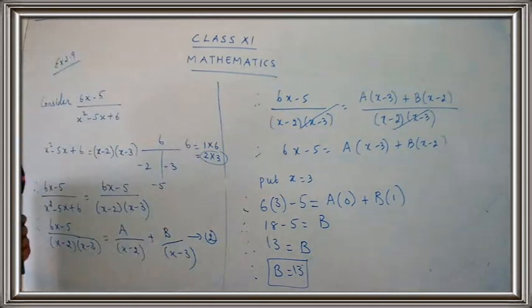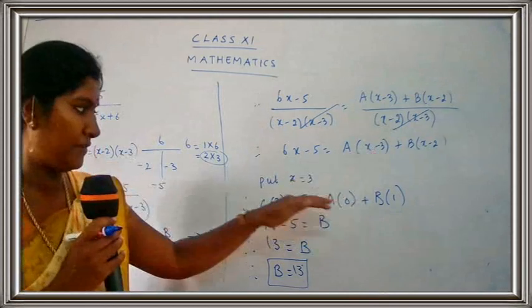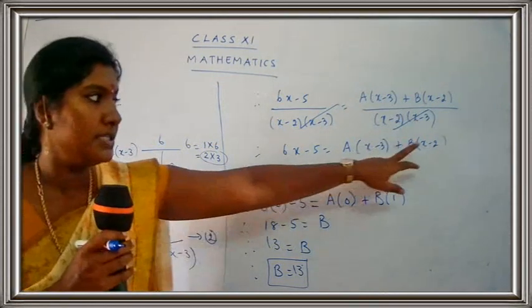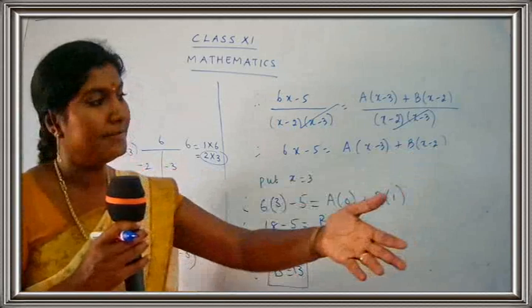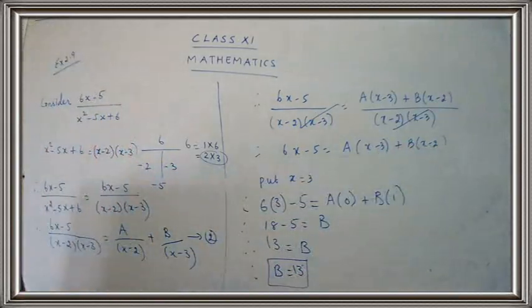Okay, now let's go for the next one. You have to take the value for X. Now what we have taken here, minus 3 was there, so we have taken the value for X as 3. So now what is here? Minus 2. So very simple thing, you have to choose the value for X as 2. Come on, do it properly.